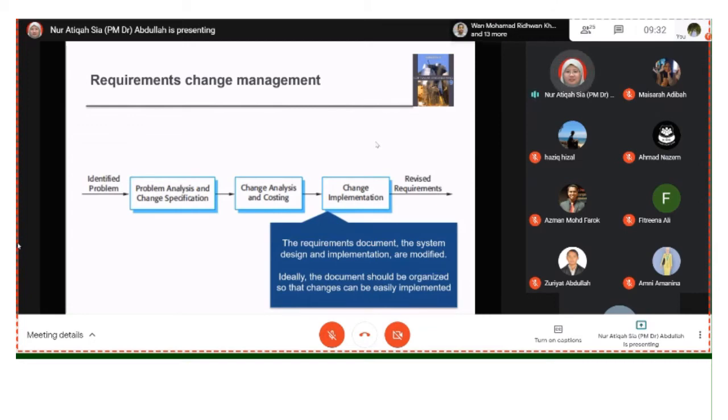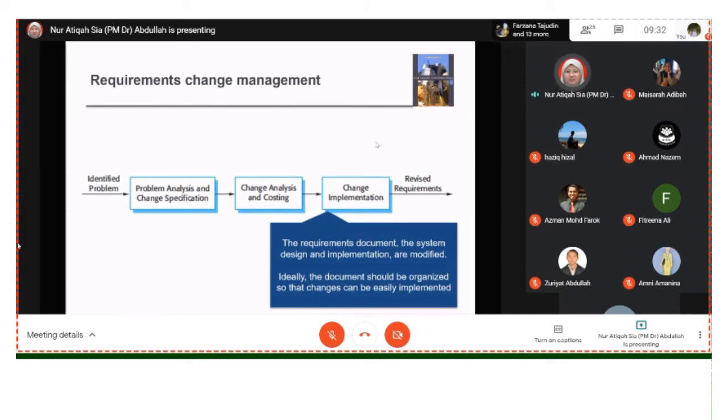So that's why setiap company dia ada cara sendiri untuk keep track on the requirement. Paling penting semua team member tahu adalah naming convention dia. Okay, selepas ada ubah dan sebagainya, what are the ways that you have to notify the team members? Requirement document dah ubah ni. Ini adalah version yang